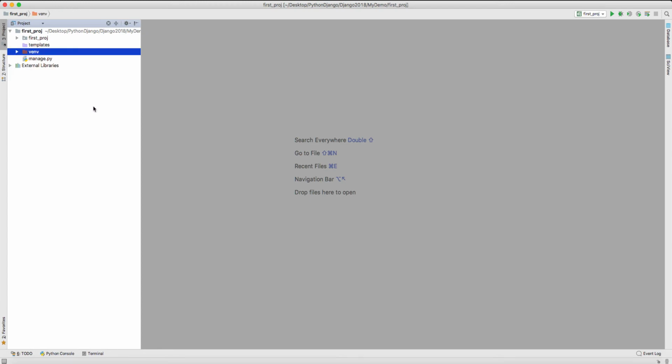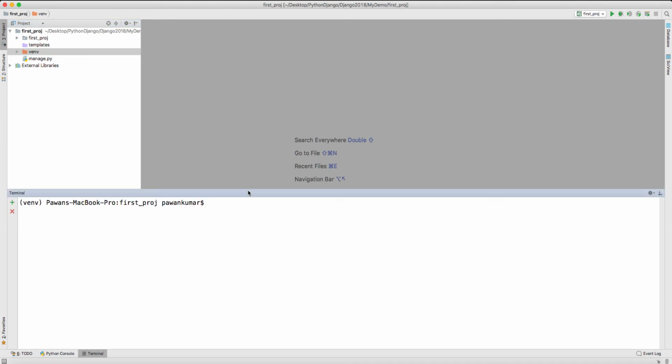So now what we are going to do, the good thing about Django is that we can create multiple applications here in our project, and we can use these applications in any of our other projects. So this is the very cool thing about Django. So let's create our first application. So what we will write, we will write